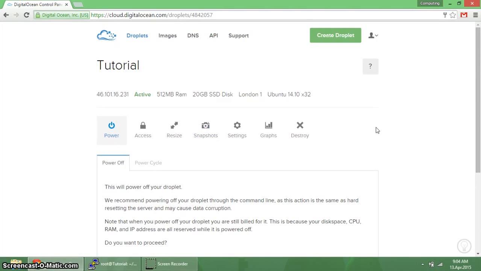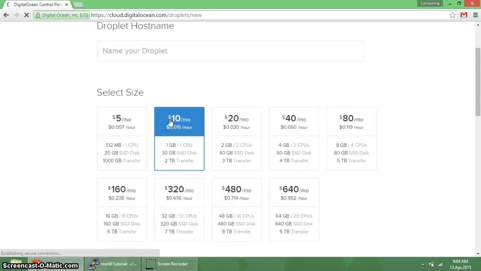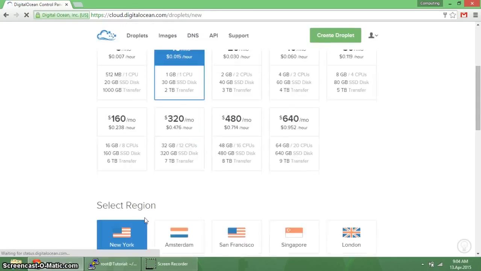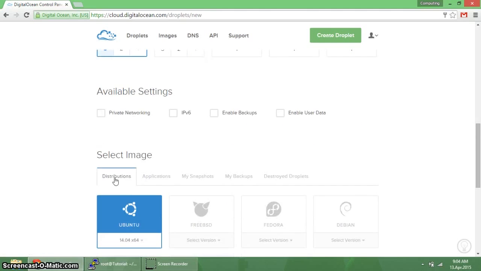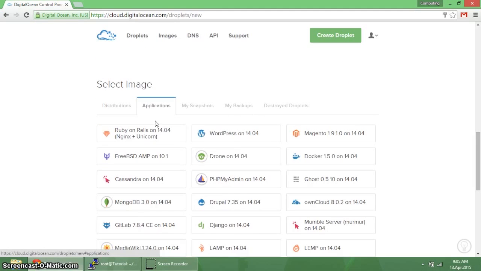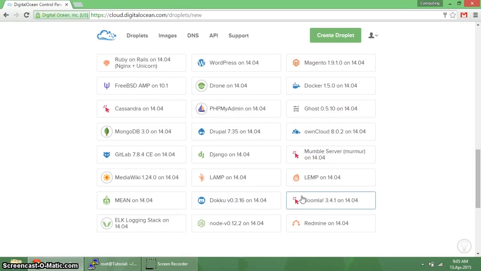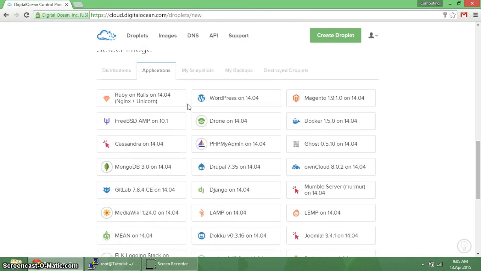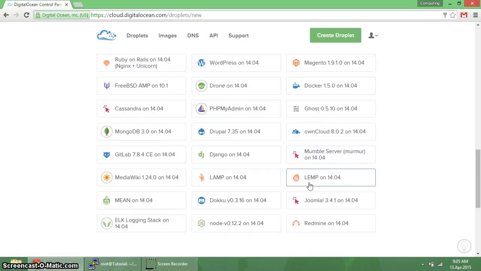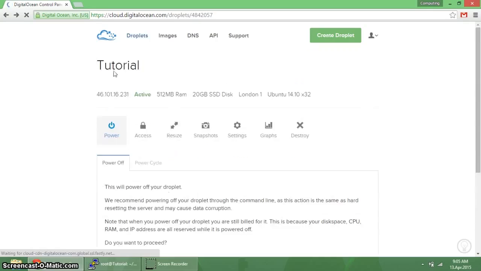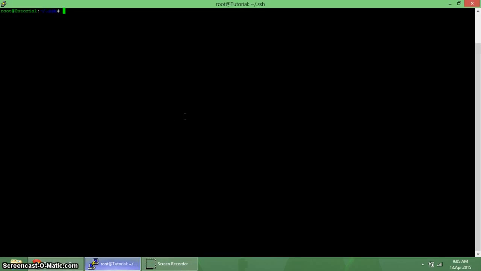So in this video, we'll be learning how to set up a LAMP on your DigitalOcean droplet. Now, one of the ways is to go into create droplet, and while you're creating the droplet, in the section which asks you to select the image, you could simply go to applications and choose a LAMP on Ubuntu right from here. Otherwise, what you could also do is go back and open up your terminal, and in here